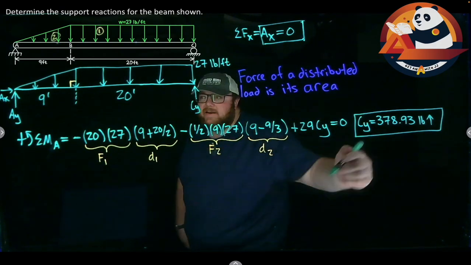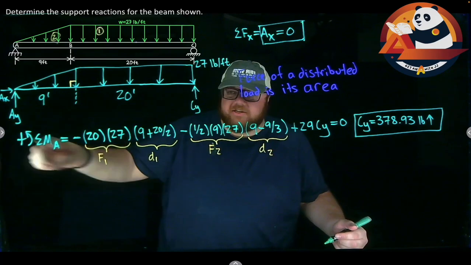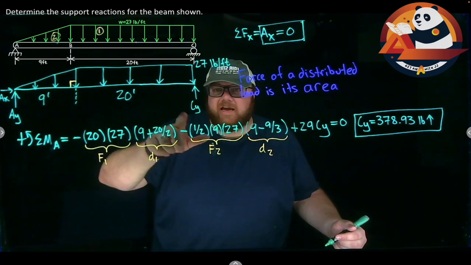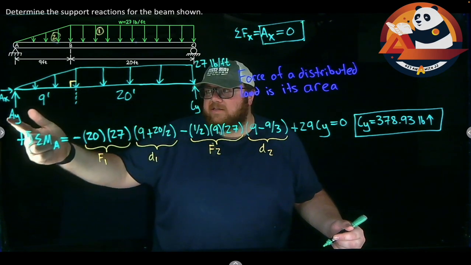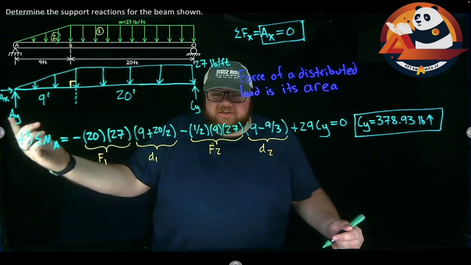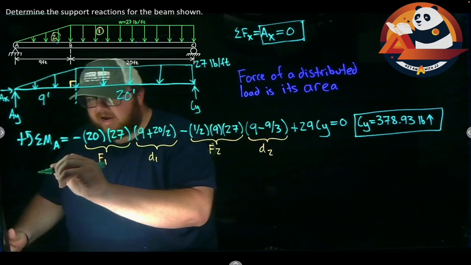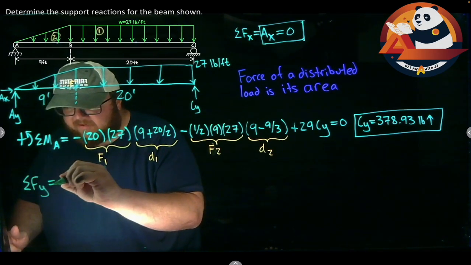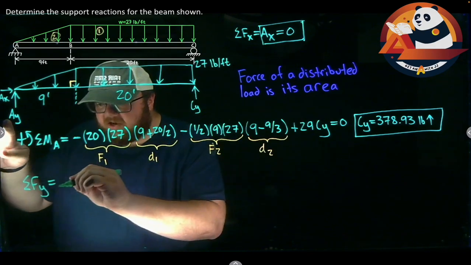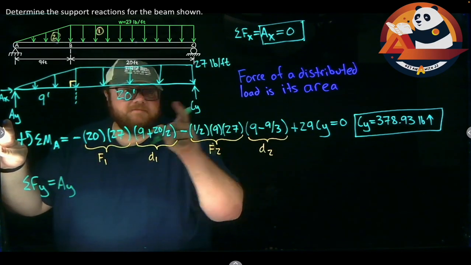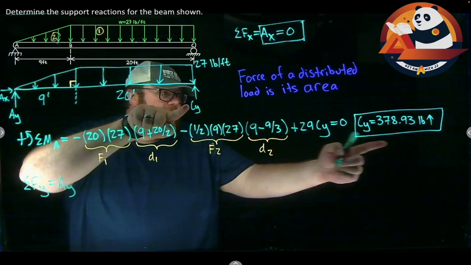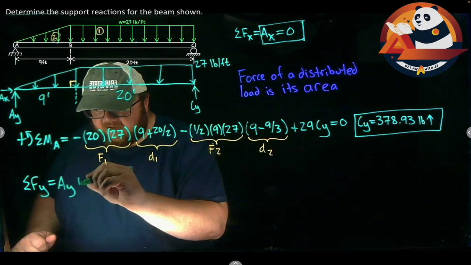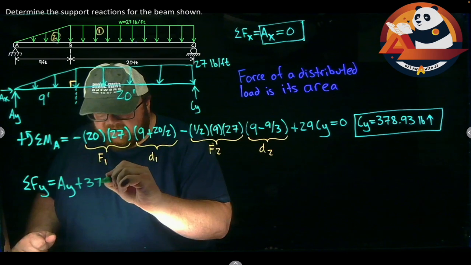Once I have CY, now I'm down to only one unknown, the Y direction. I could sum moments about literally any point I want to with AX and CY known, as long as AY didn't pass through it. Or I could just sum forces in the Y. Let's do forces in the Y. It's a little bit easier for us. So summing forces in the Y direction. I have AY going straight up. I have CY going up, but I just found CY was 378.93. So plus CY,